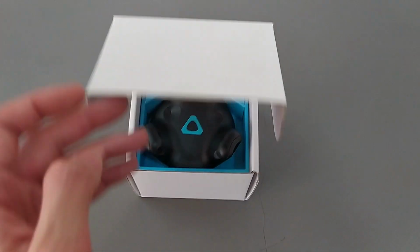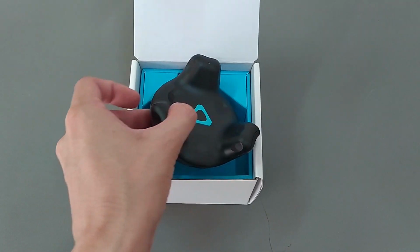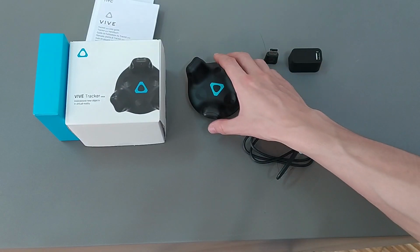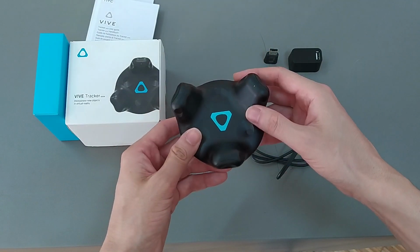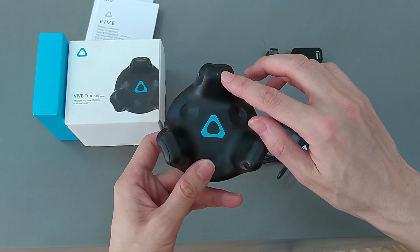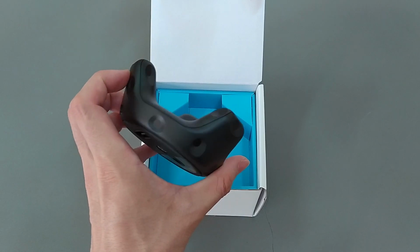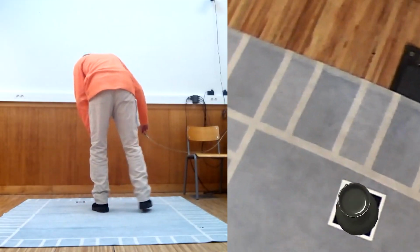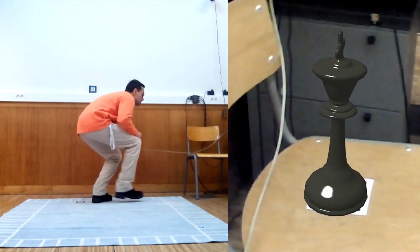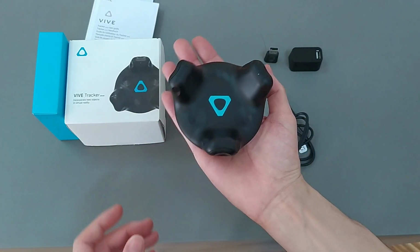This is the HTC VIVE Tracker, an object or person tracker for virtual reality. By placing this tracker on an object, when that object is moved in the real space, in the real world, that movement is also transmitted to the virtual space, to the virtual world. So you can see the position of the physical object in virtual reality, and thus be able to interact with that object. This tracker has the ability to communicate the position, rotation and tilt of the object to which it is